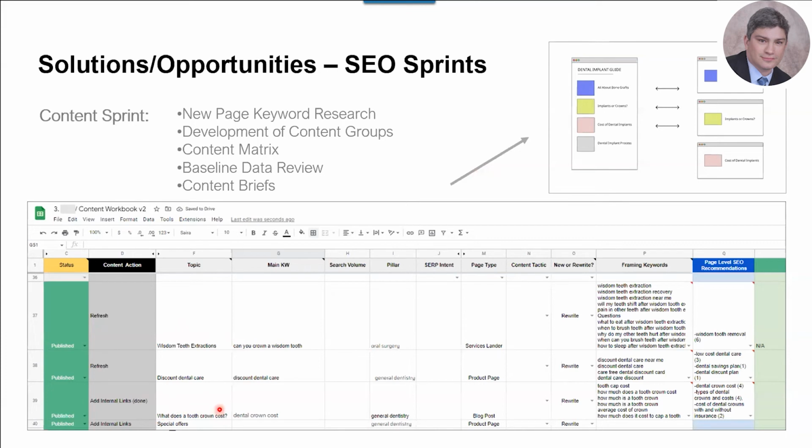What does a tooth crown cost? So dental crown cost was another keyword. And here were questions that people asked in framing keywords. When we looked at the search results, dental crown cost was 4 of them. Types of crowns and cost were 4 results. And cost of crowns with and without insurance were 2 results. So the intent for dental crown cost is people are looking to know what types of crowns there are and what those crowns cost. And that's important to know when you write the content, because now I know what Google